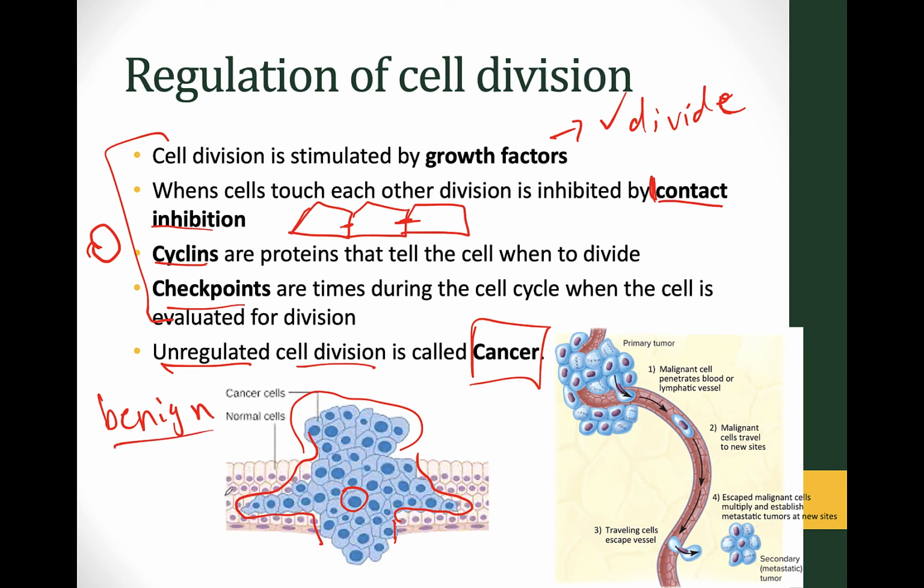Benign means it has not spread to another tissue, and it probably won't. And so for benign, that's good news. You go in, this is maybe like a polyp in the large intestine, the colon. And so what a doctor would do is you would have maybe surgery to go in and remove these.